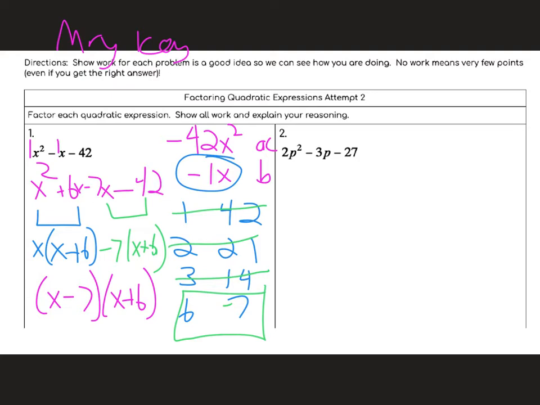Same process on the next one. I multiply the first term, which we're calling a, and the last term. So that's negative 54p squared. And then I write down the middle term, negative 3p, so that's your b. Now I write down things that multiply to 54. I've got 1 and 54, 2 and 27, 3 and 18,